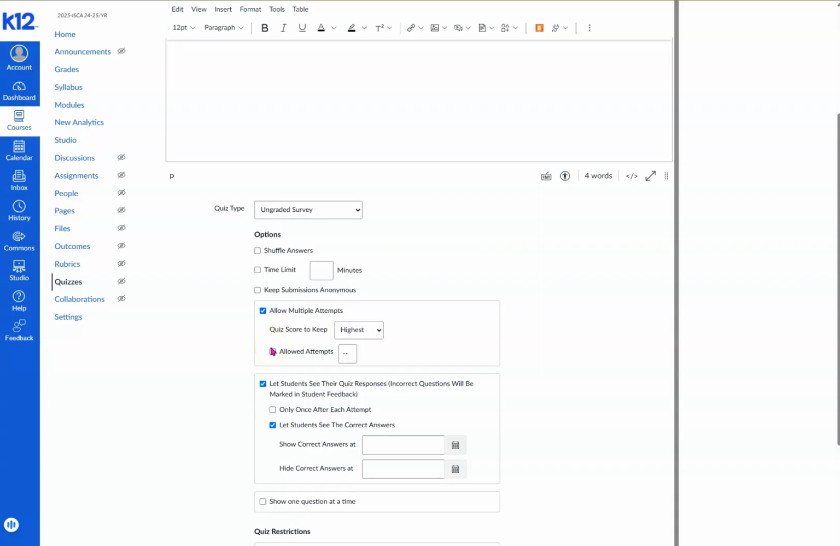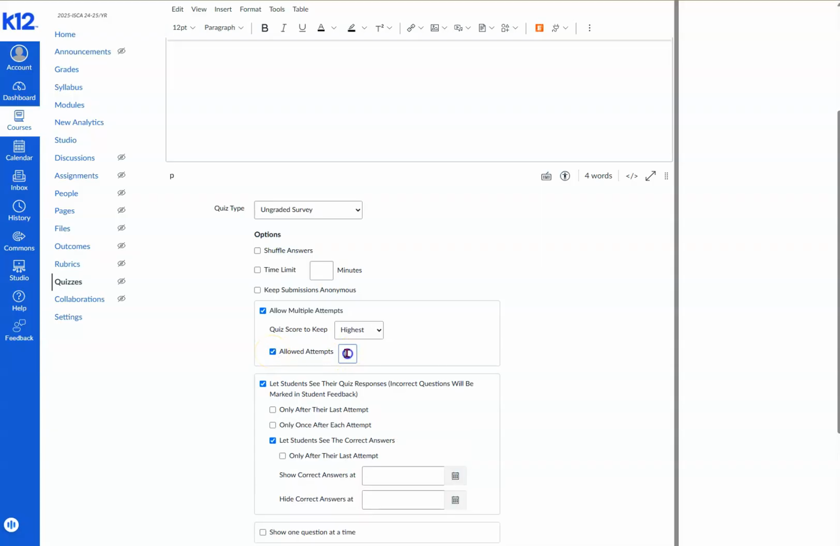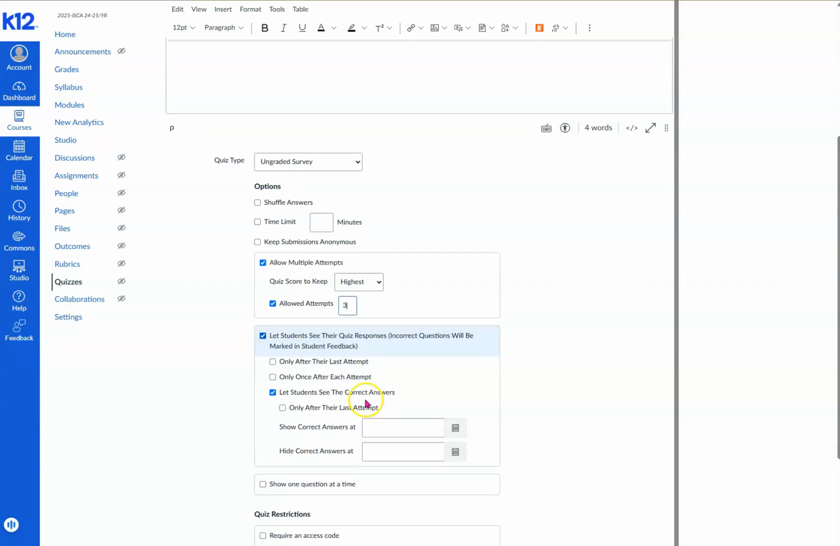If you don't have a number of attempts, then you just go ahead and click that. But for the policy here at Insight, we go ahead and allow 3 attempts. So I'm going to go ahead and say 3 attempts right there. Okay. Now, the next thing that we're going to talk about is what we want the students to see when